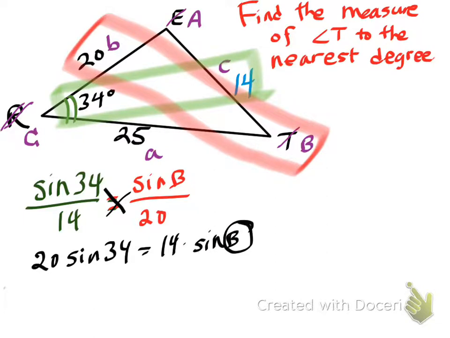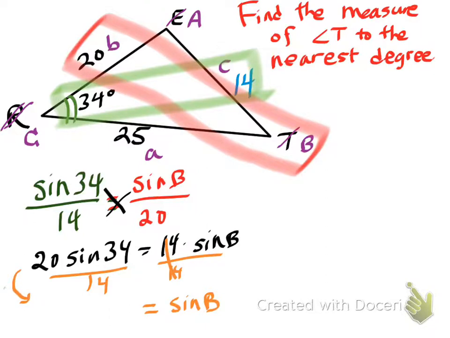Ultimately, I'm looking for B. Right now, B is wrapped up because it has the sine keeping it in its grasp, and then you also have this 14 on the outside. So I'm going to work from the outside toward the inside, so work my way in. Divide both sides by 14. That'll give me just sine of B on the right-hand side. Now, all of this can be found in the calculator. So in one step in the calculator, I'm going to type in 20 sine 34 and get a number just on pause. It's about 11.18, but I'm immediately going to divide that by 14, the exact result, and I get